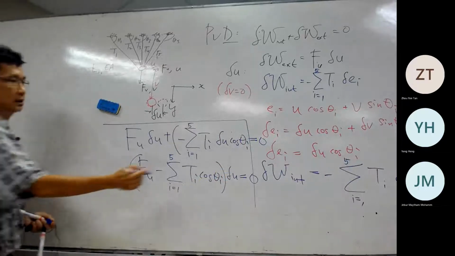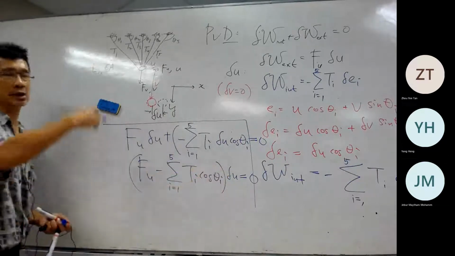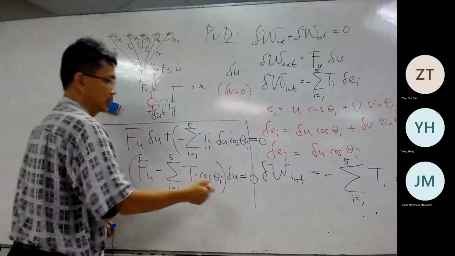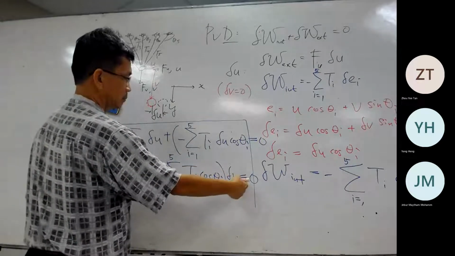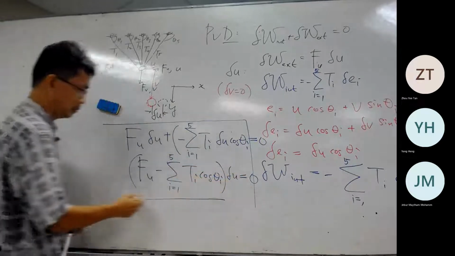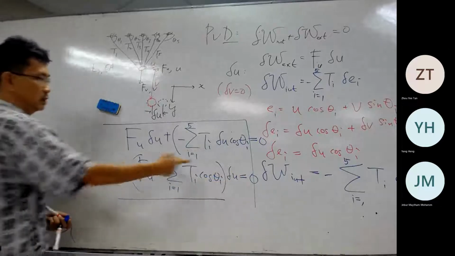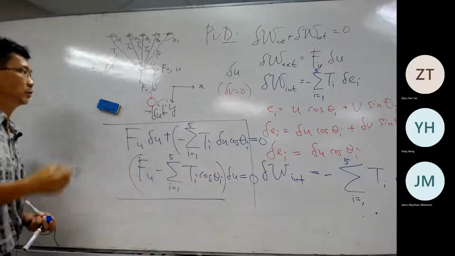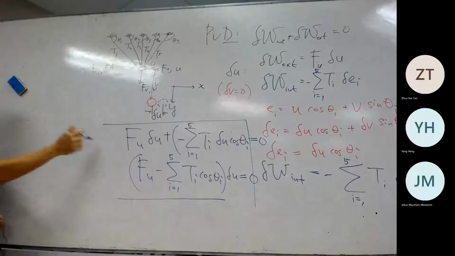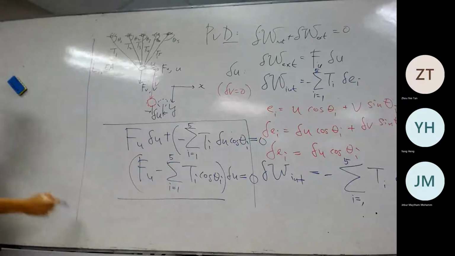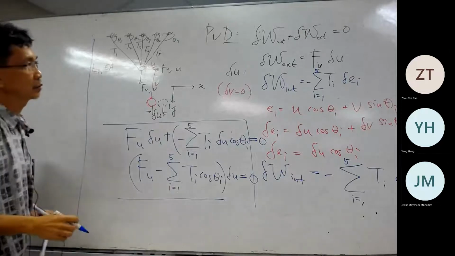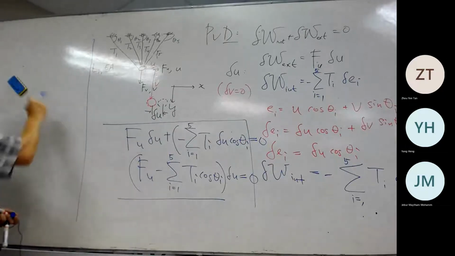So when we come here, this is virtual displacement. So this is any value that we can apply. So for this multiplied equal to 0, this must be equal to 0. So if this is equal to 0, then finally we get the equilibrium equation. You can get the equilibrium equation, which is